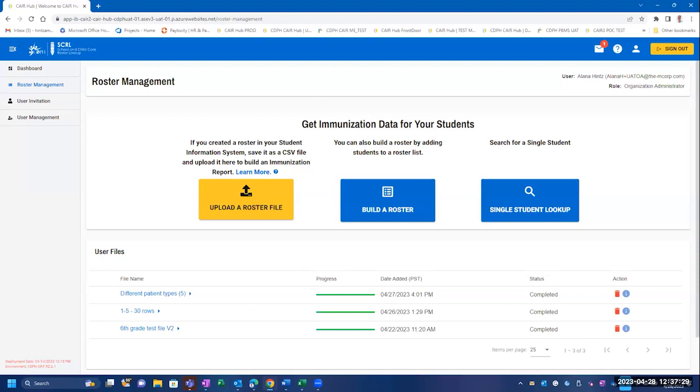Once you have uploaded a file, it will start processing and checking the Care2 immunization registry for the children on your roster and your vaccine status related to childcare entry. Please note that larger files may take a while to process, but you can log off and come back later. The file will keep processing even if you are logged off. You will get an email notification when your file finishes processing. Uploaded file rosters are kept for 1 year from the date added.